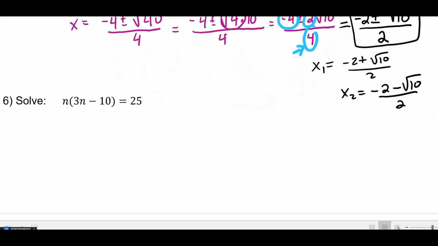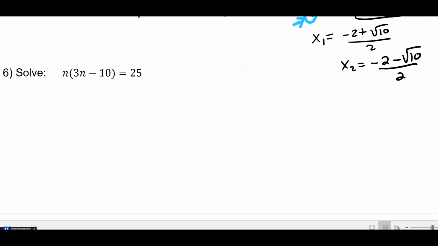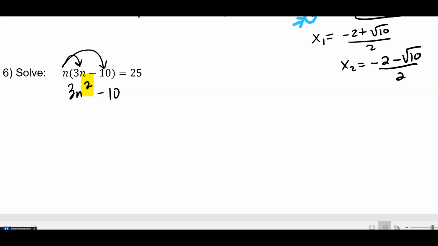All right, let's look at this one, because this is set up differently. But how do we know it's a quadratic equation so that you can use the quadratic formula? Well, if you just simply multiply this, you already see there's a 3n squared. This square is telling me that this is a possible quadratic equation. So when you multiply that out, then we're going to move everything to the same side. So that's 3n squared minus 10n minus 25 equals 0. And of course,